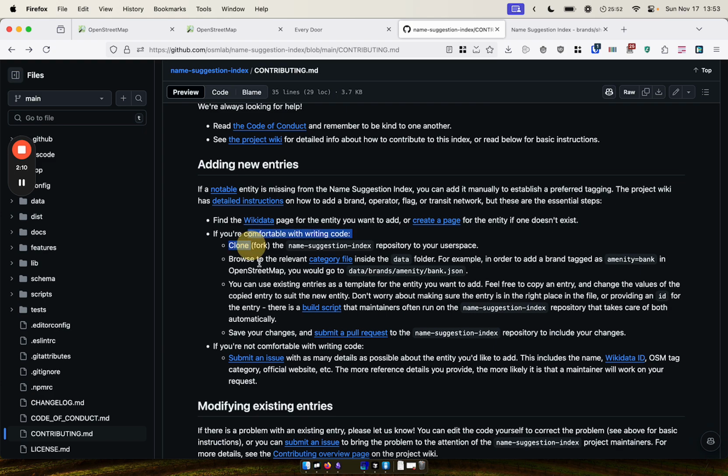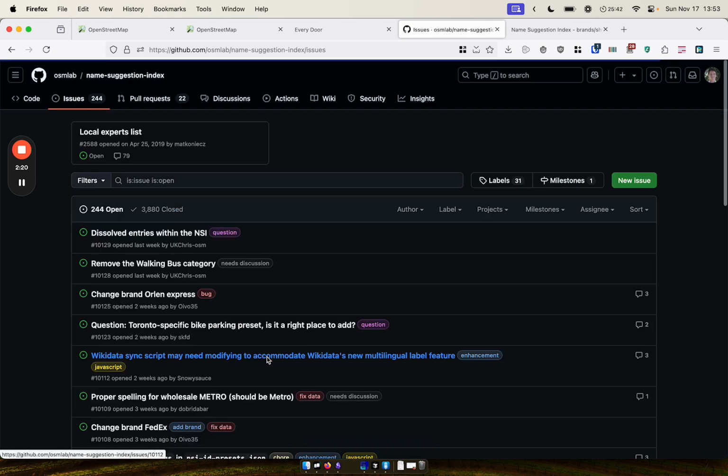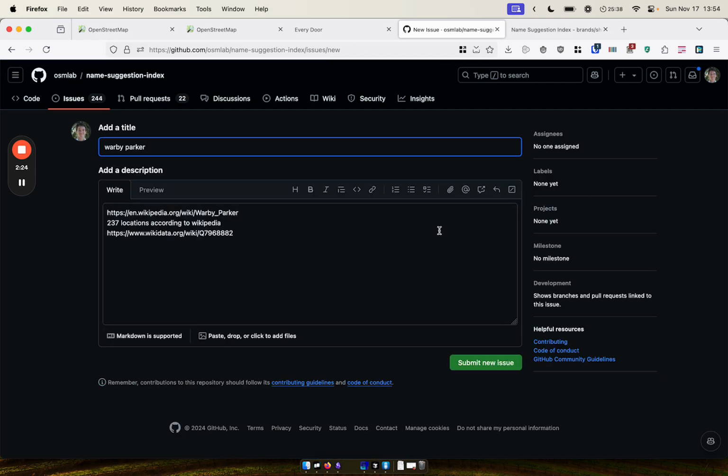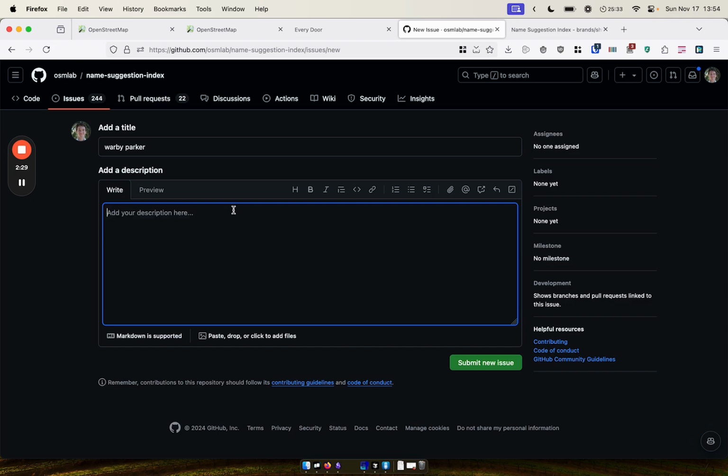If you're a developer, you can follow these steps, add the config exactly as you want. But for everyone else, it's as easy as submitting a new issue on GitHub, for which of course you will need a new account. So this is the issue draft that I've been working on before. What I might do, say Warby Parker,